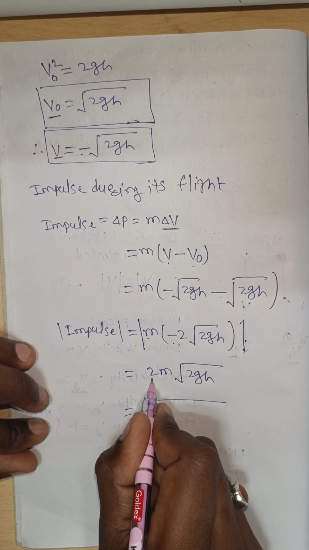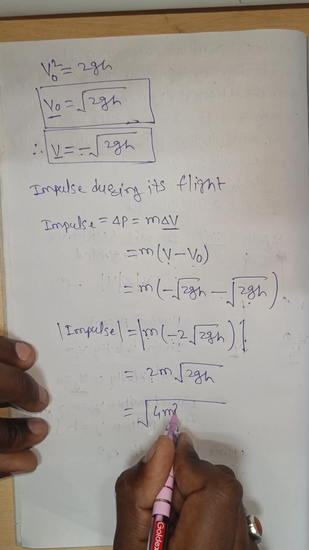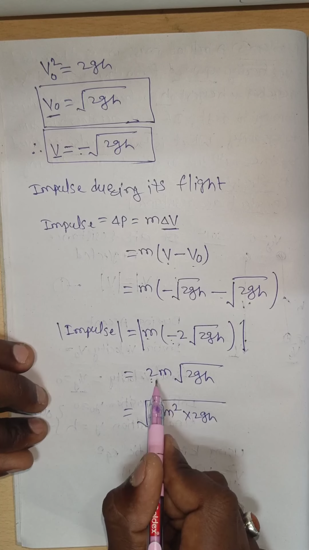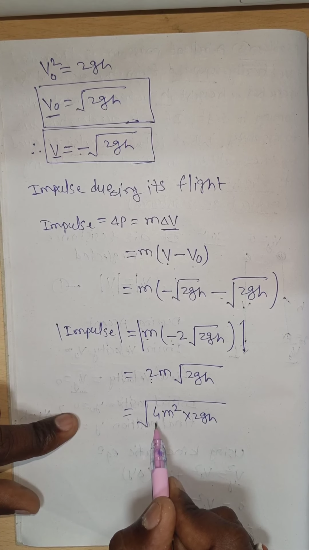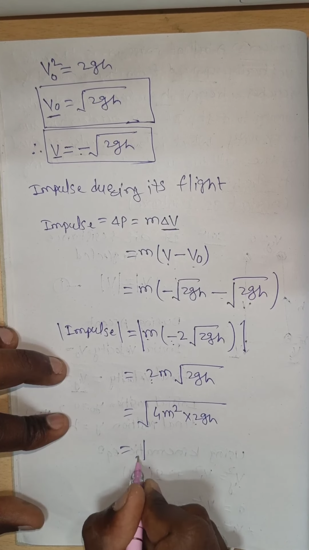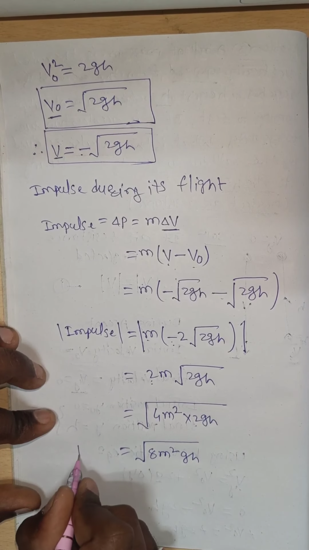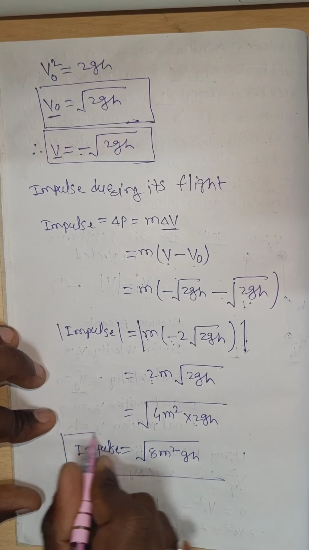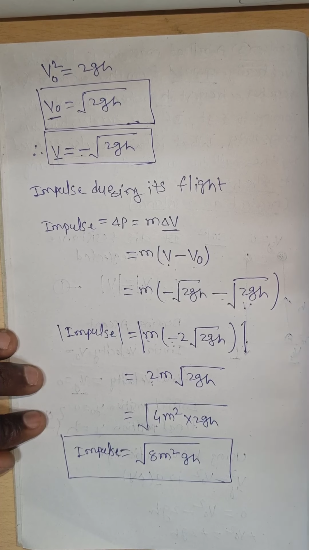Then it becomes under root, 2 squared is 4 and m squared is m squared, into 2gh. If we take that 2m inside the square root, it becomes 4m squared, then 4 into 2 is 8, that is 8m squared gh. Therefore, during the flight the impulse is under root 8m squared g into h. Now we have to see